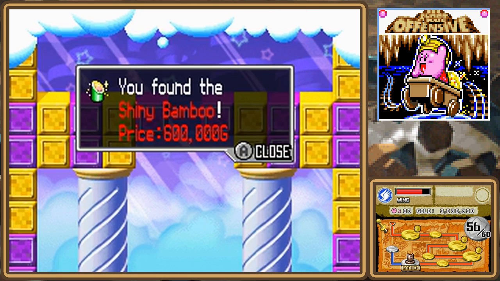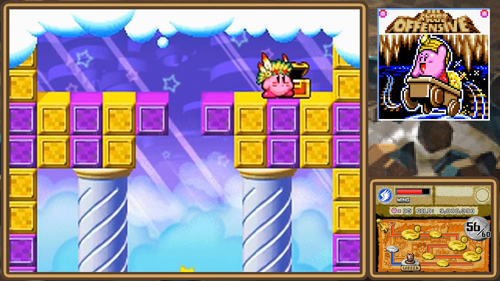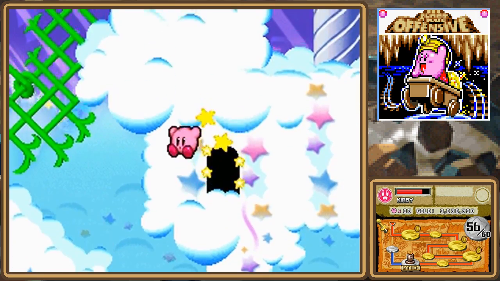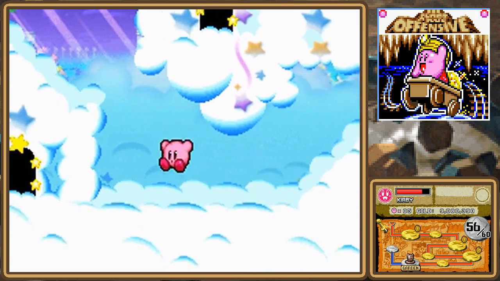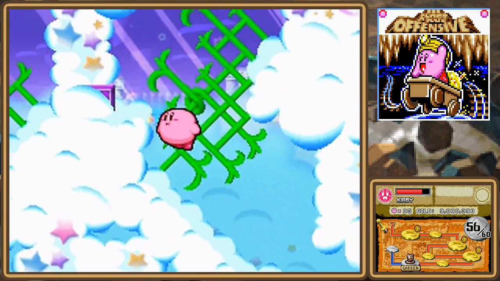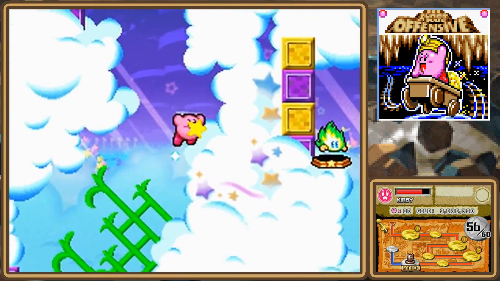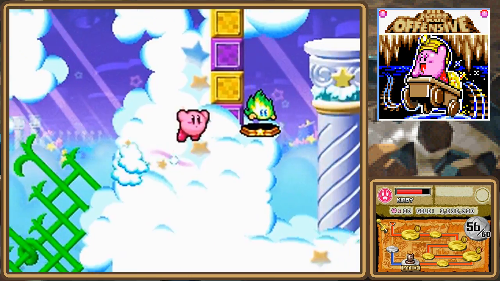Shiny Bamboo, 600,000 G. Shiny Bamboo's worth that much? Man, that's something. No more Wing. We don't need Wing for anything else. Let's go in here. We will, however, need another ability, but that's for later. You'll see an umbrella down there. We do need umbrella for one of the abilities, but first, if you go up here, in this little spot,